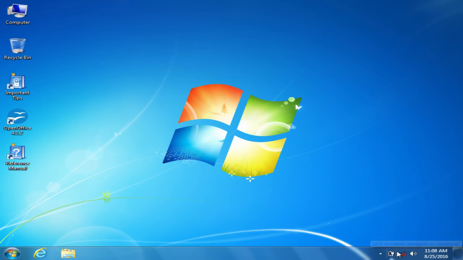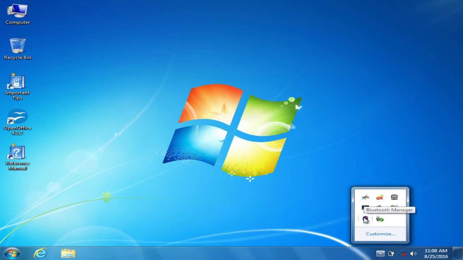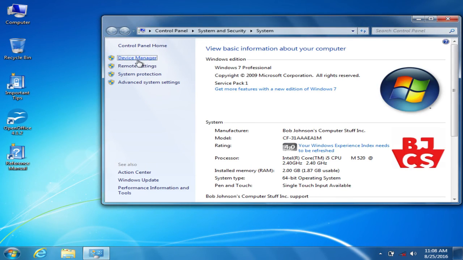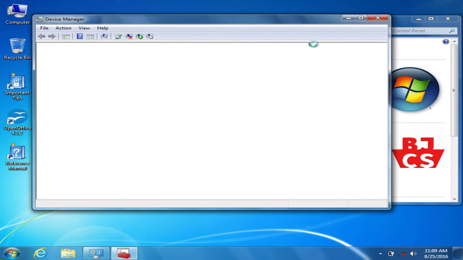As you can see, the wireless is disconnected. It's no longer seeing the wireless. The Bluetooth is no longer connected, and the wireless WAN is no longer connected.